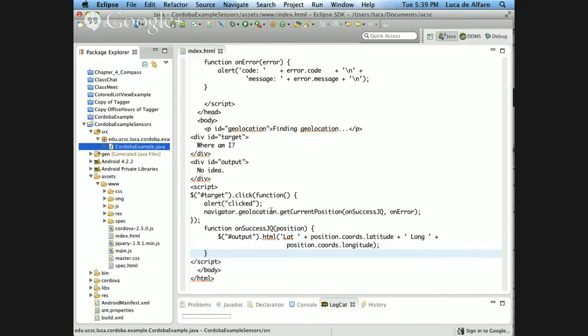You write JavaScript that can access all that and can also do all the other things JavaScript normally does, like calling servers and sending information back and forth. So it's quite an appealing way to develop for mobile.